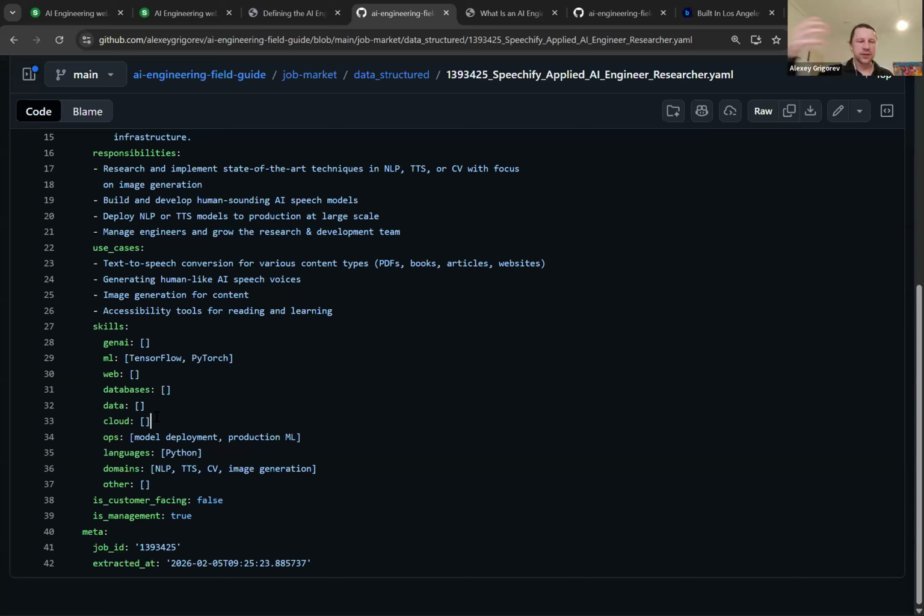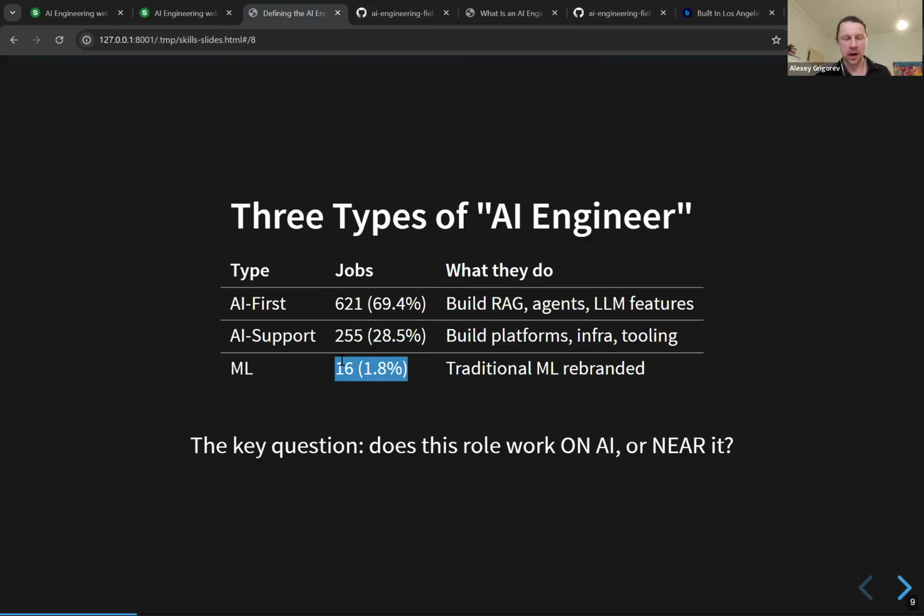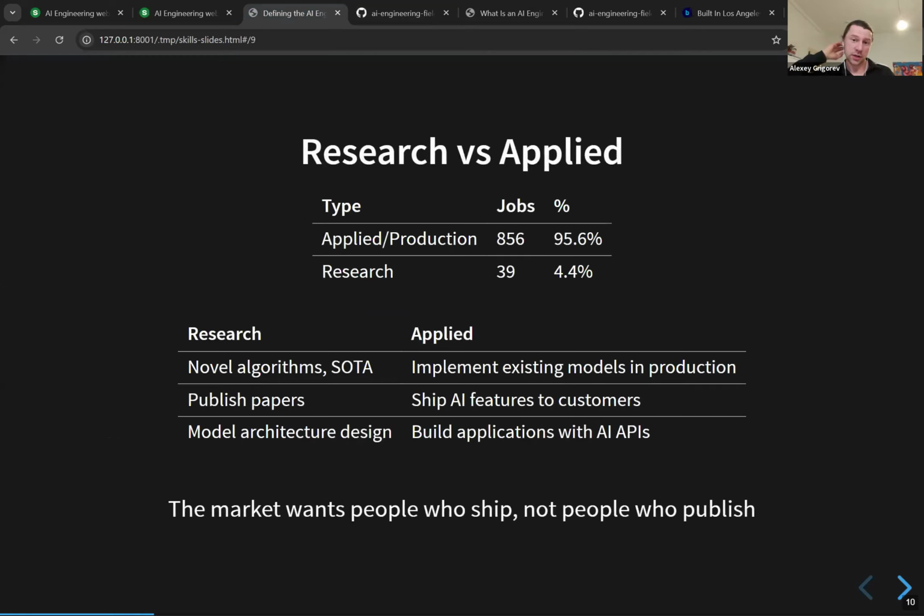At least my definition of an AI role these days is that it mostly means working with GenAI. I know that the broader definition of AI includes machine learning and things like that. But these days, when I hear about AI, for me it's more like GenAI rather than traditional machine learning, right? But there are some roles that are called AI engineers, although they are pure ML engineers. So this was the first question I checked.